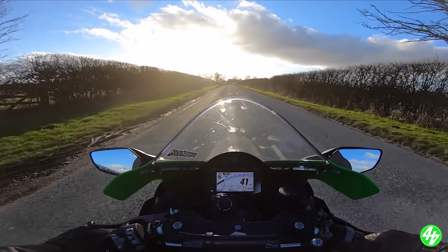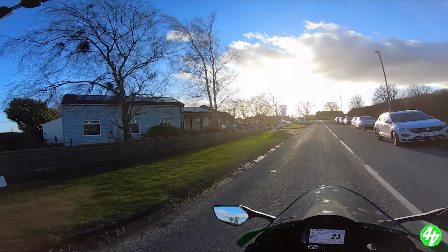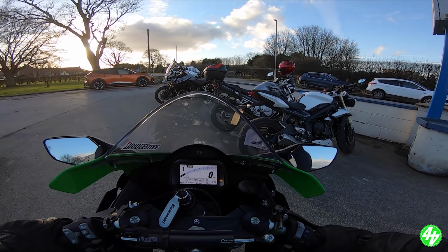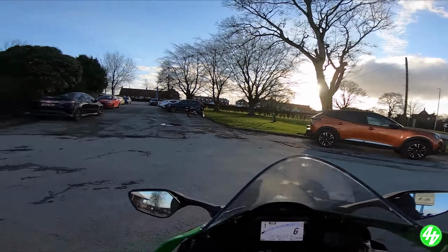Now then. There used to be a little cafe here. If there is, I might nip and get a coffee. Looks like there might be. I don't know if it's open. A few bikes parked there. Right, I'm going in there. Right then. Got myself a little coffee, and now